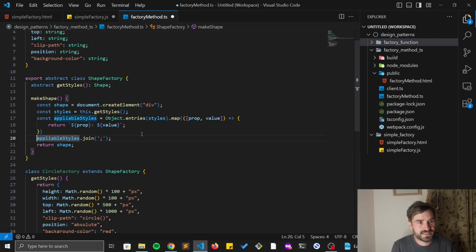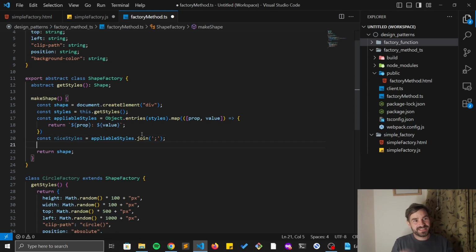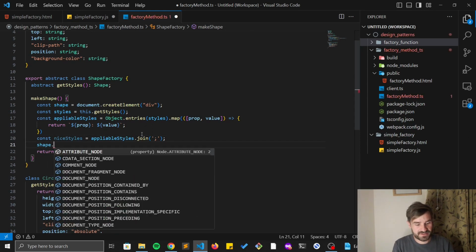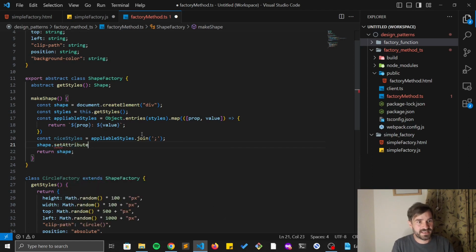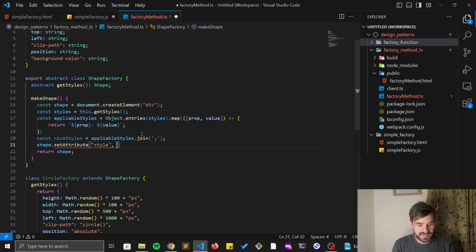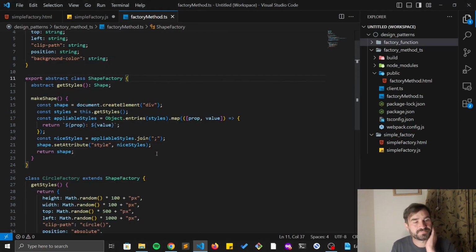Alright, I guess we should do another one. We'll call it nice styles. Come on, give me a break, I'm trying my best. And then we need to get the shape DOM element, and we need to set the attribute of style, and then we're going to set nice styles. So I mean, that should be